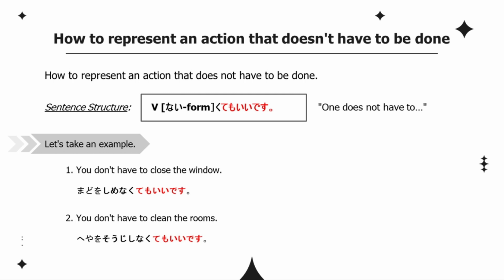3. How to order someone not to do something politely. It is basically the type of grammar in which we have to forbid someone from doing something that they are not supposed to do in the first place. Look at the formation. Formation: V, nai form, kutemo ii desu, meaning one does not have to. This represents an action that does not have to be done. In English, it means one does not have to. For example,